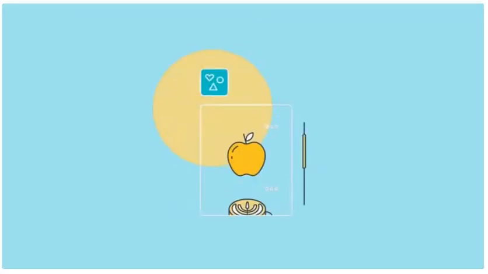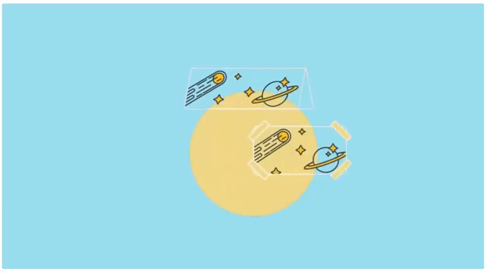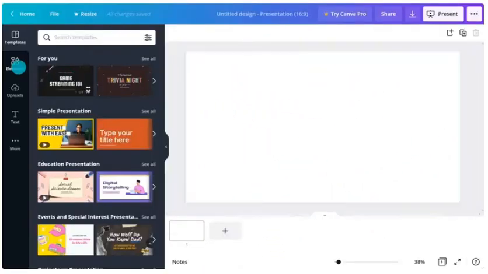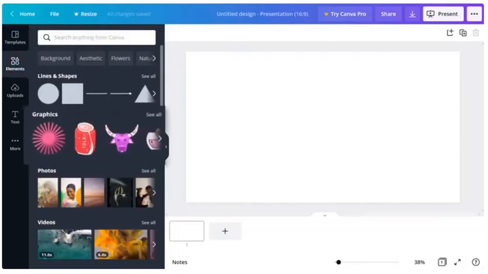By now, you're starting to find your way around the editor. But now it's time to look a little deeper at the largest area of all, the Elements tab. When you open the Elements tab in Canva, the first thing you'll notice is groups like shapes and lines, graphics,